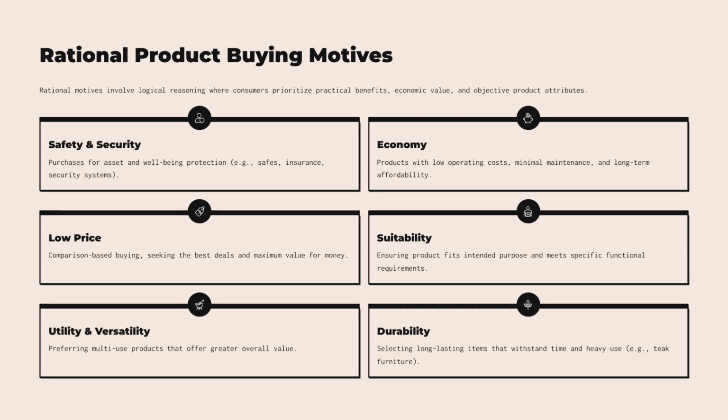Next one is suitability, which means the product fits the specific need. A buyer with a small room logically chooses a small dining table to fit within that space. Then comes utility or versatility, which refers to products that have varied uses. A product that can do multiple things is often preferred. Now, durability prioritizes lifespan. A buyer might choose a teak wood table even if it is costlier because it lasts longer than ordinary